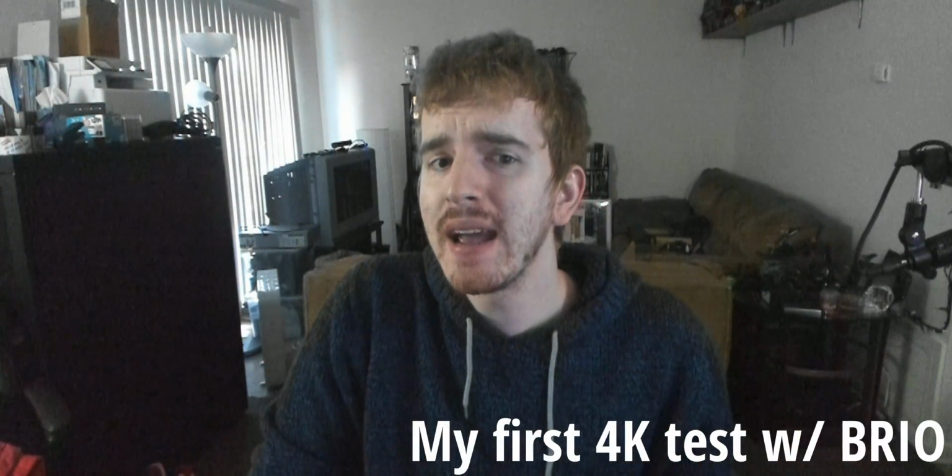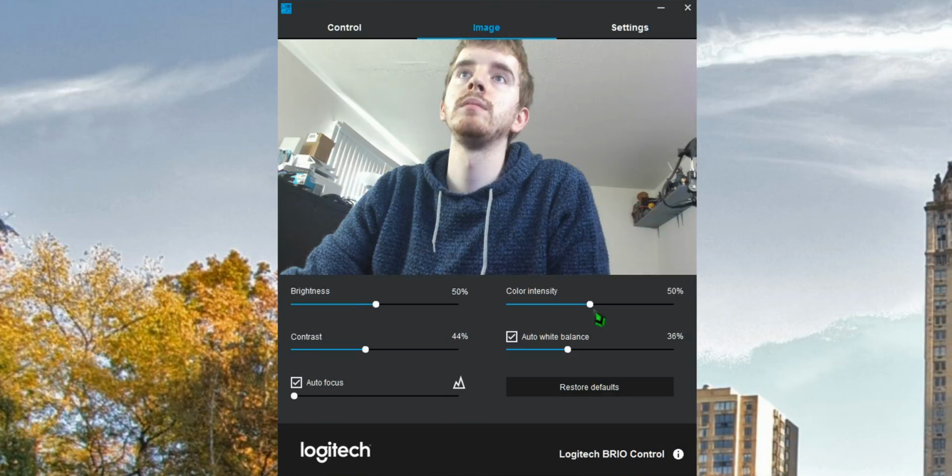But then they really screwed up the firmware and the drivers with Windows 10, and they just kept sending out the wrong ones. So the 90 FPS option isn't even an option. Some people can't even do 60 FPS at all on the camera. So your mileage may vary with your experience with this webcam, but regardless, assuming you get it working, it is a great camera for 1080p, 60 FPS or lower live streaming,